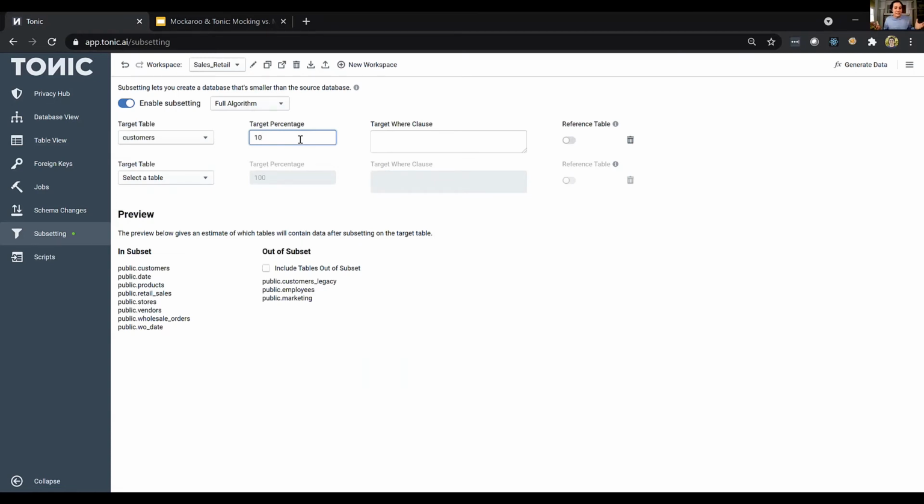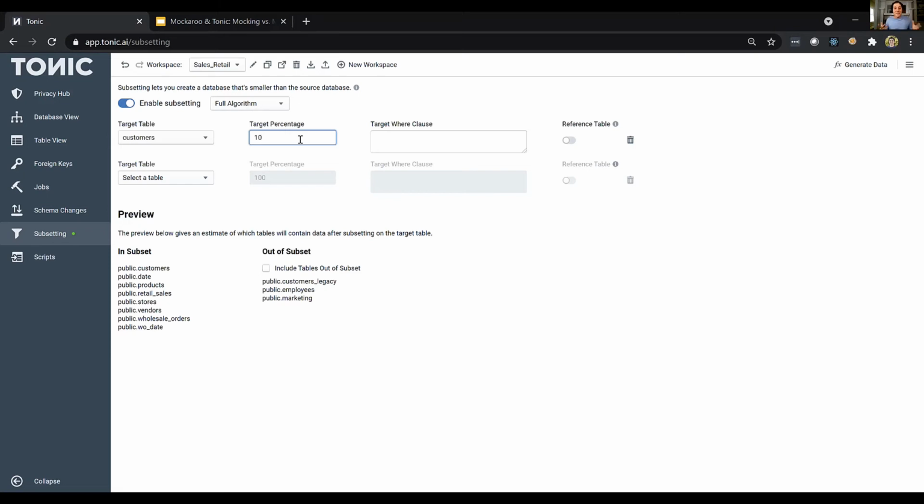And that part's easy, but where it gets complicated is Tonic then looks through the dependency graph of your database, following all of the foreign key constraints from the customers table to all of the other tables, either directly or indirectly. And it opportunistically is deleting rows from those other tables such that we don't break our foreign key constraints. And then the output of all of this is a smaller database that still satisfies all of the constraints of the system and has all of the transformation rules applied on top.